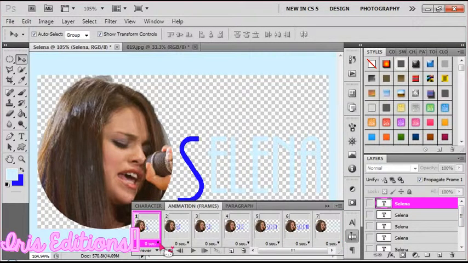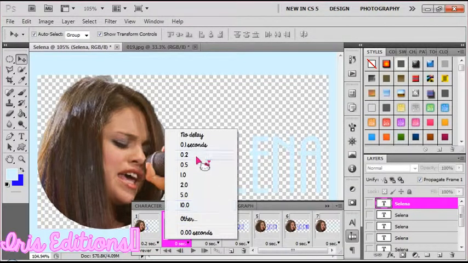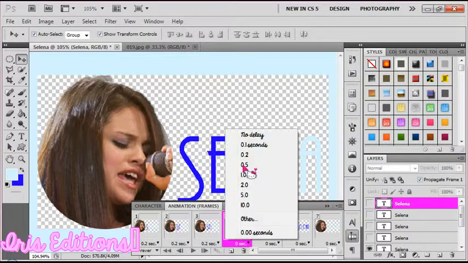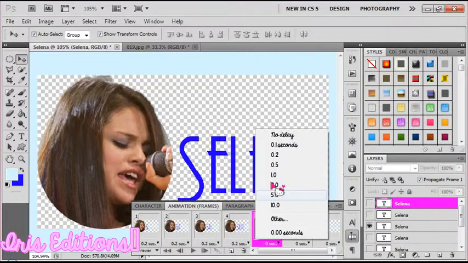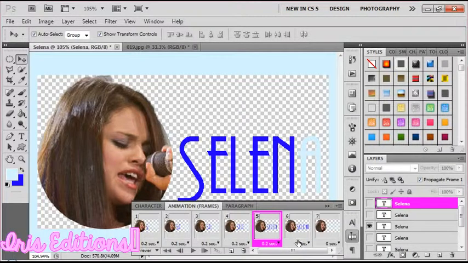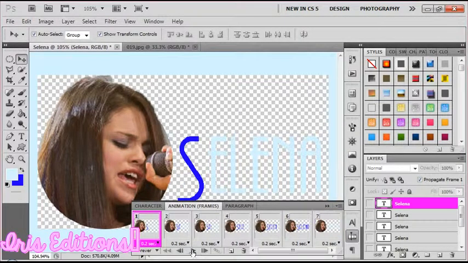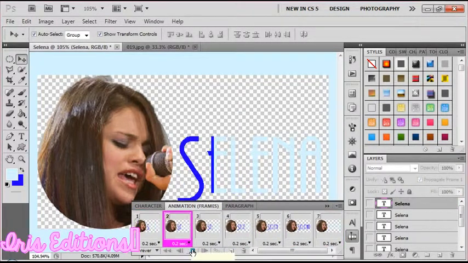Now you can adjust it to 2 seconds. Actually, 2 seconds is the watermark GIF time. That.